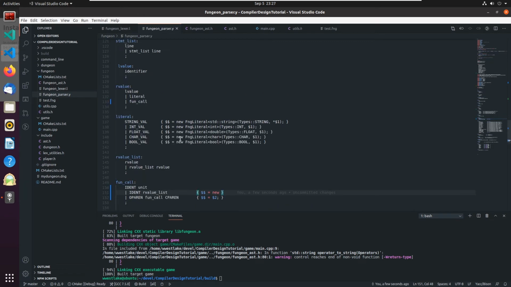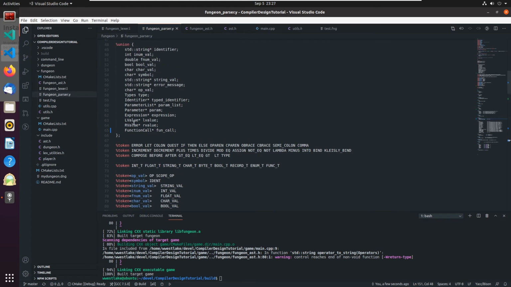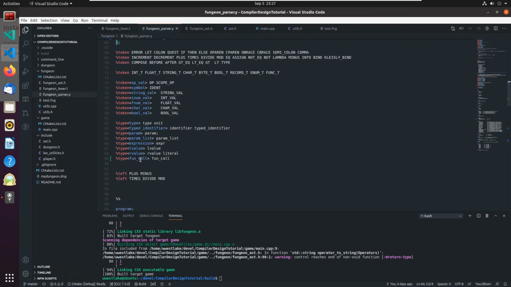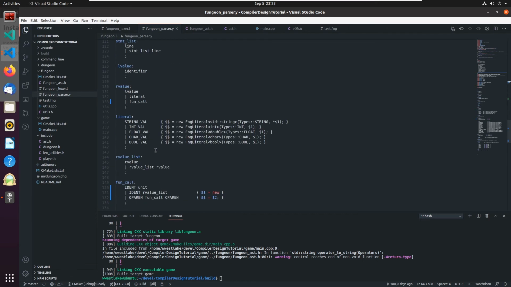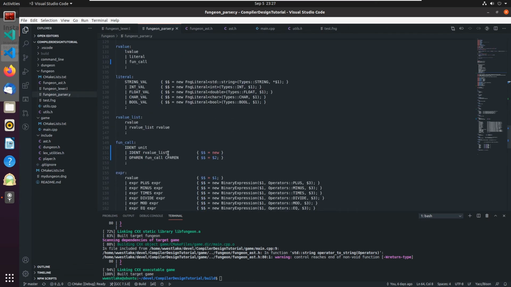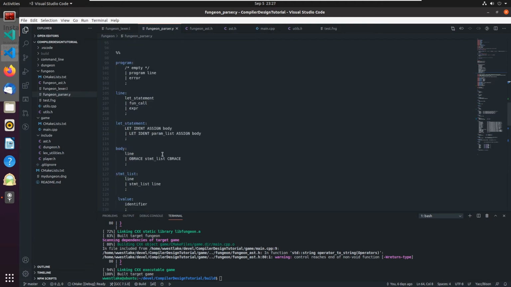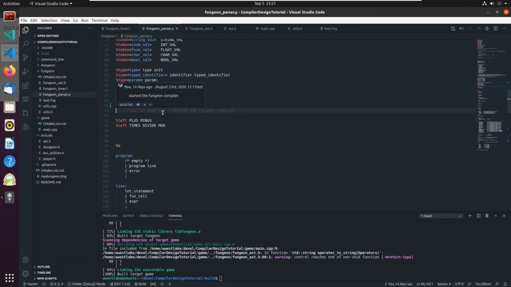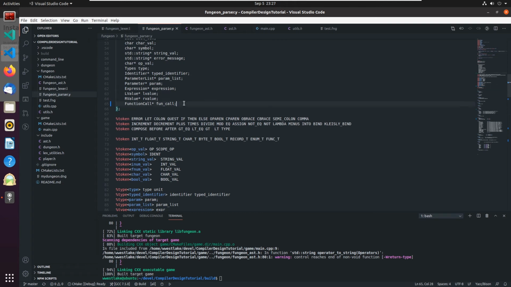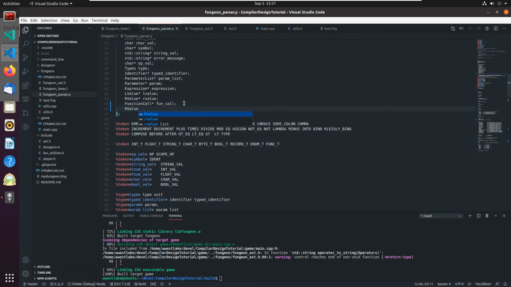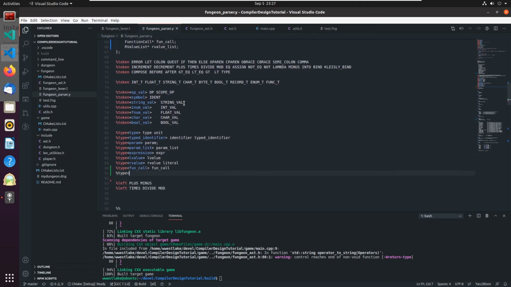We already had R value list here. R value function call. What's an R value list? It's not defined yet. We've got an R value list here. We have to define it. Percent type. Oh, we've got to define it up here first. I put R value list pointer is an R value list, and then if we come down here and go